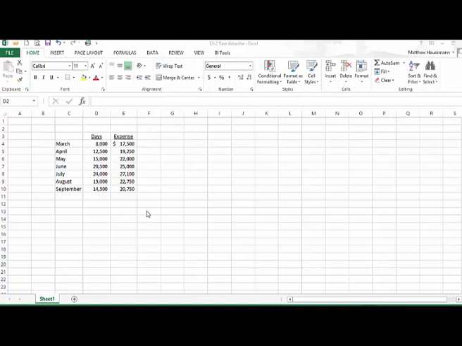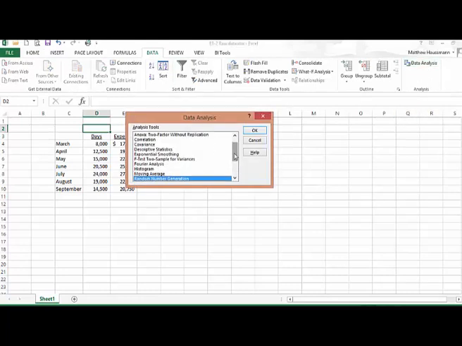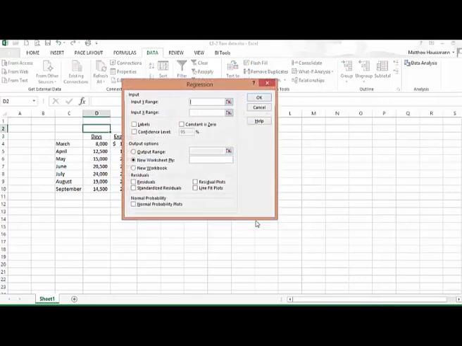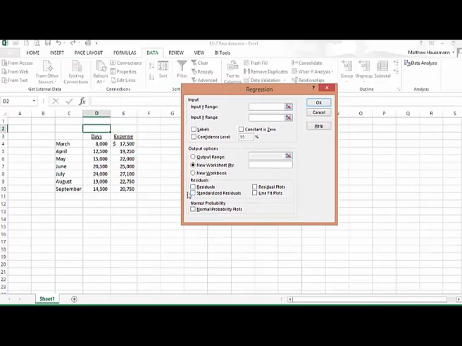Okay, so looking at the data, first thing we're going to do is go to Data Analysis, Regression, and now we look at inputting our ranges. Remember, Y is always dollars, so expense,